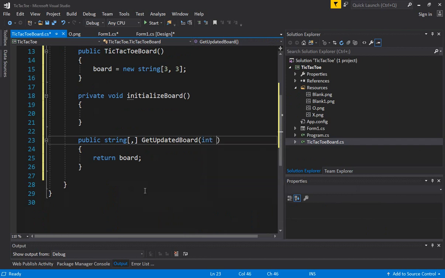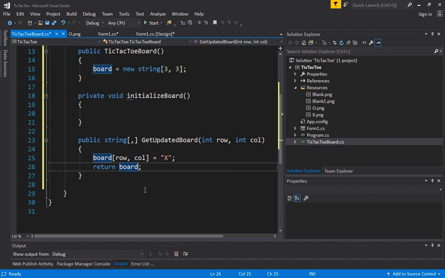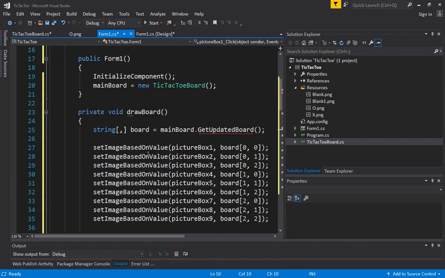So we can take the index here, int column, and then we'll have to have a separate logic based on which user entered the value. So here what we are just going to do is take the row, column, and just set it to X right now. That will be easy. And then after changing this value, we are going to return the board, and when the board returns,